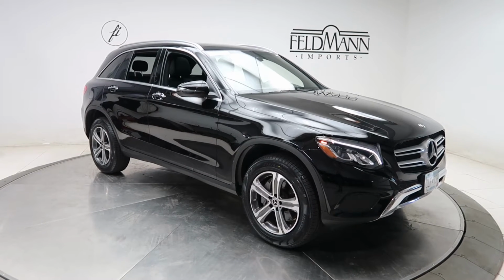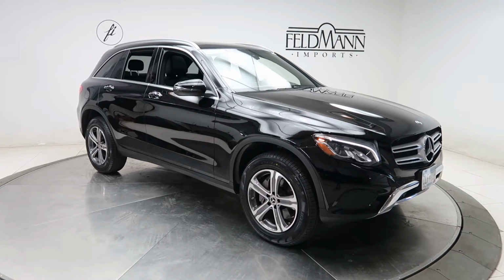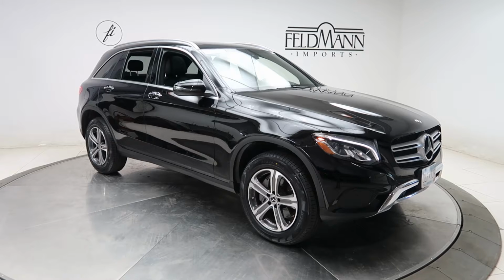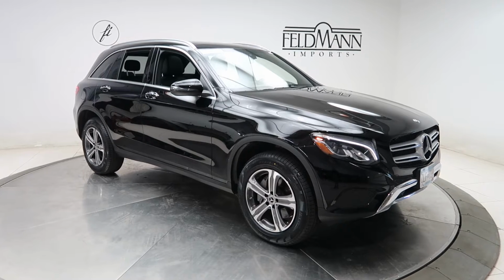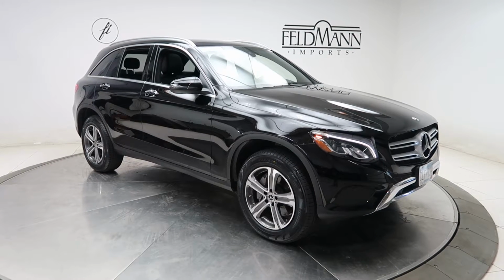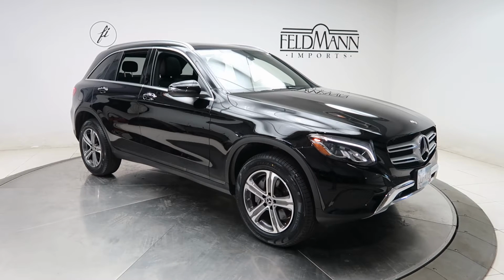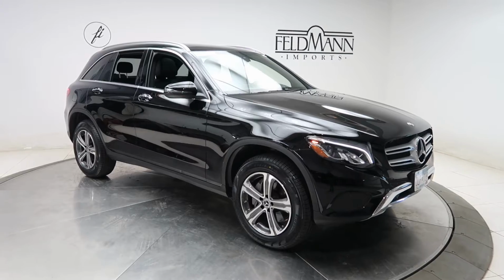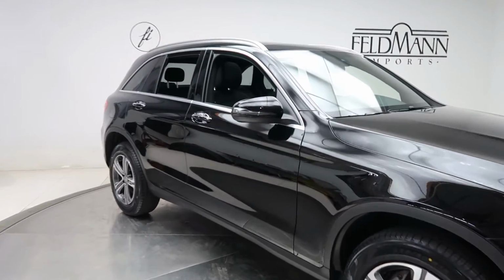Today we're taking a look at a certified pre-owned 2019 GLC 300 4MATIC. This one is black. Underneath it is a 2-liter 4-cylinder turbo with 241 horsepower and 273 pounds of torque. This one has front and rear LED daytime running lights, 18-inch 5-spoke wheels, chrome door handle inserts,